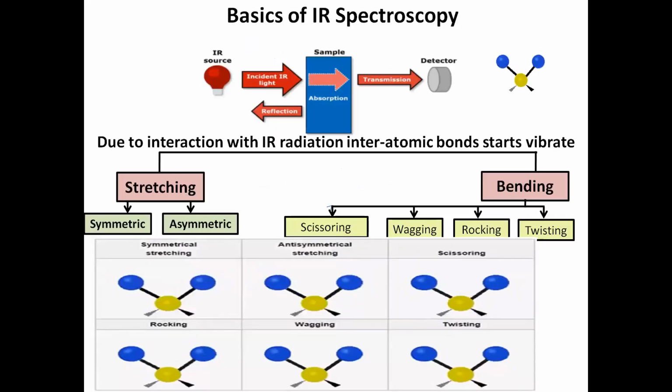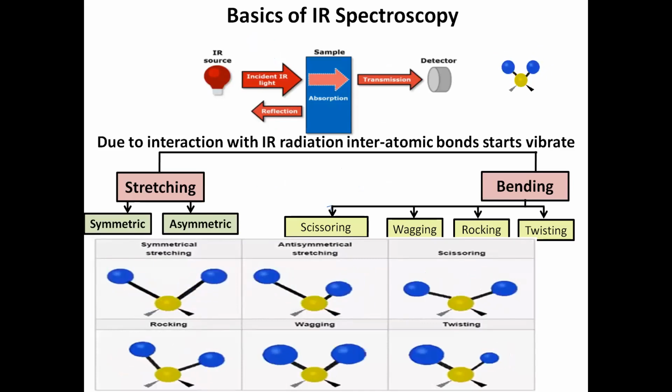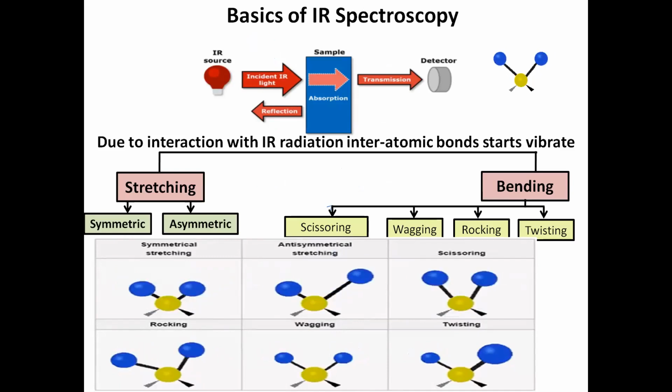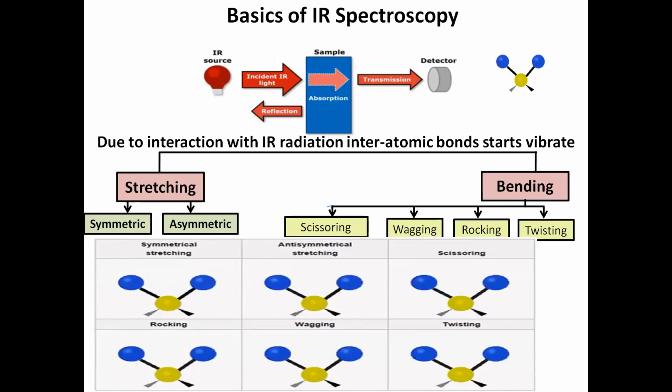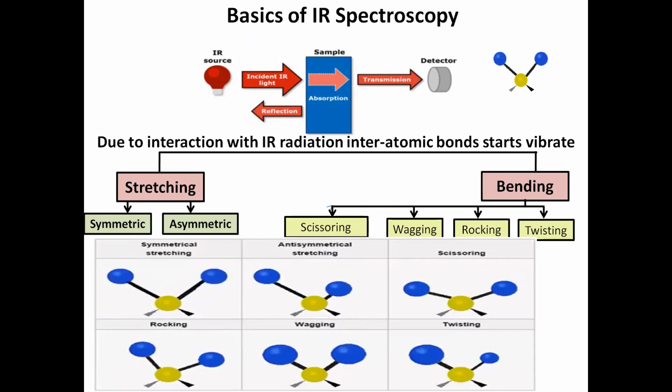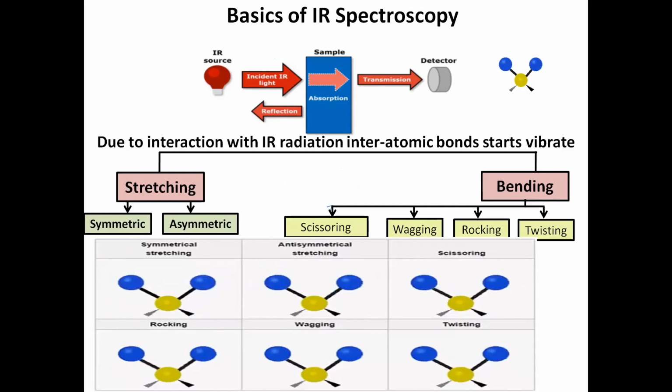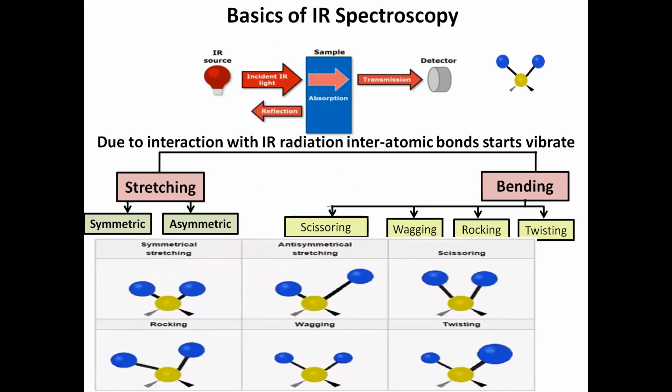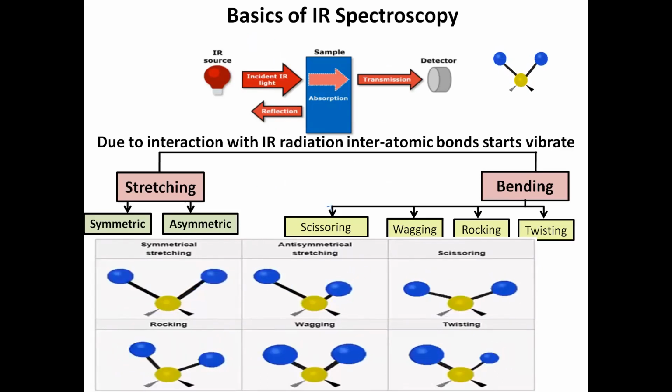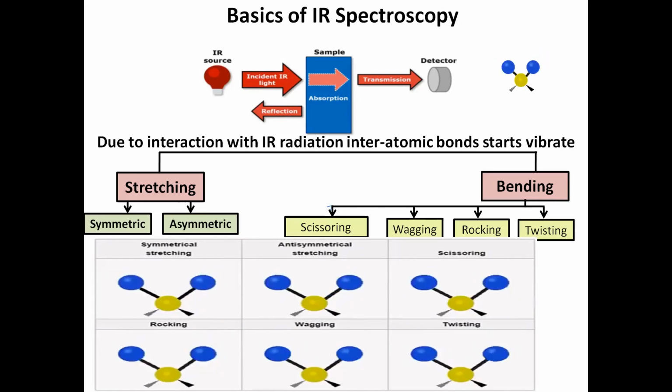Here you can see the much more precise concept of FTIR. One IR source is required there. The IR source will create the IR light, that light will come to the sample. The sample will absorb a part of that light, a part of the light will reflect back towards the IR source, and the remaining light will be transmitted through the sample and reach the detector.